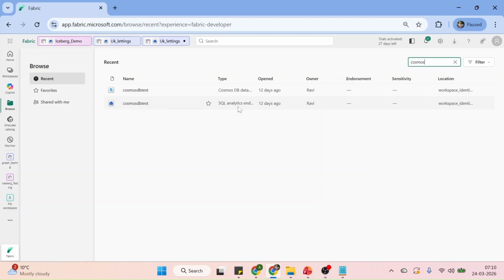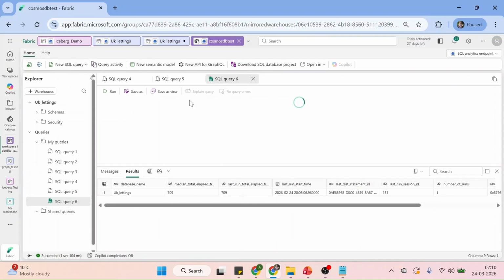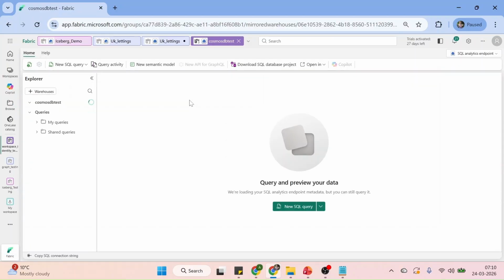As you can see, it's created. Location is workspace, identity, testing, modified workspace. So you can see that. Now let me click on SQL Analytics endpoint here. And this will look exactly the same as I told you. There is no difference. There is again a refresh button,